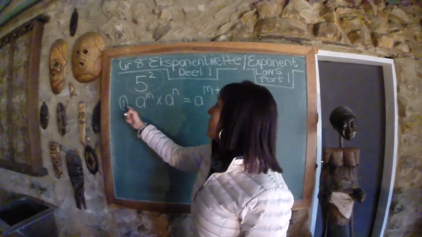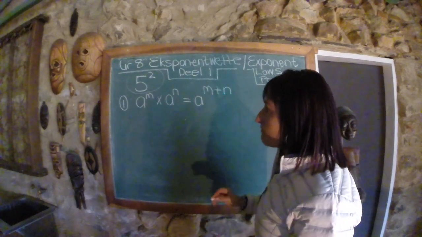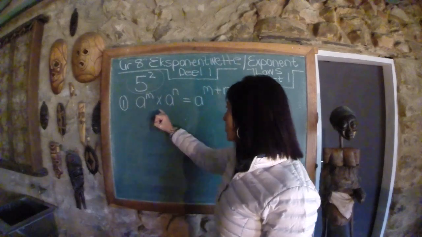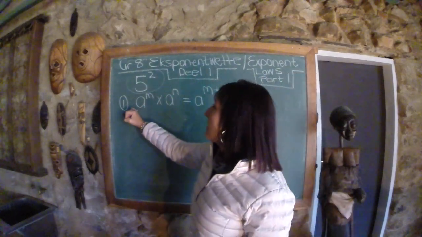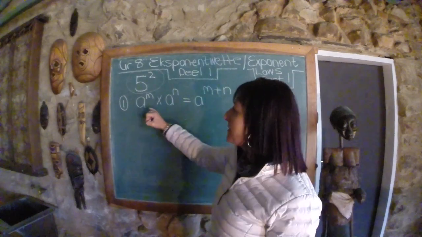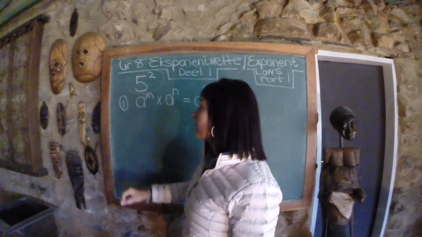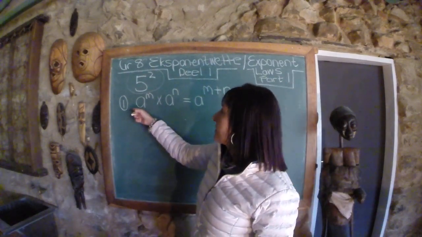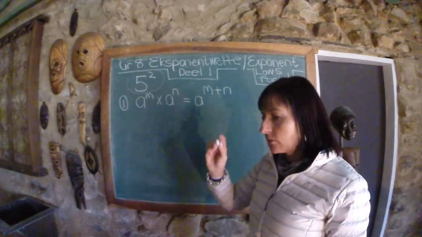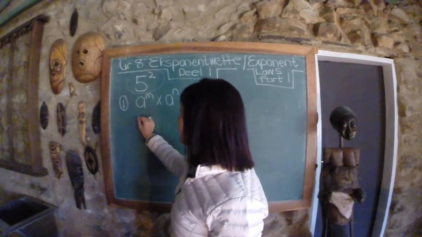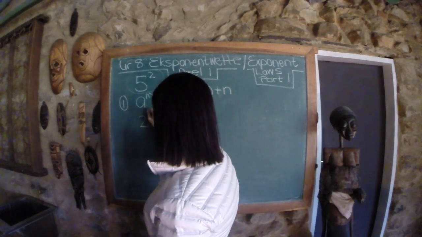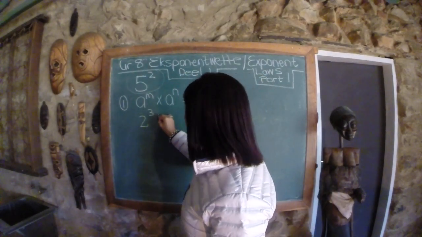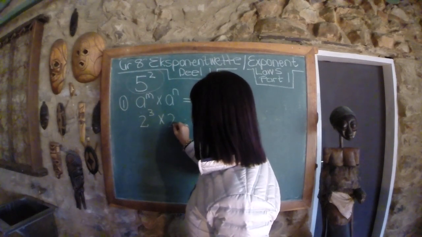Die eerste eksponentwet wat ons kan gebruik wanneer ons vermenigvuldiging doen met magte lyk so. Hierdie eksponentwet is in terme van veranderlikes. It's with letters of the alphabet. It's a general rule, and at first this looks a little bit difficult, but you will see now that it's actually quite easy. Kom ons gebruik 'n voorbeeld om eksponentwet 1 te verduidelik. Wanneer ek 2 tot die mag 3 maal 2 tot die mag 5 het,